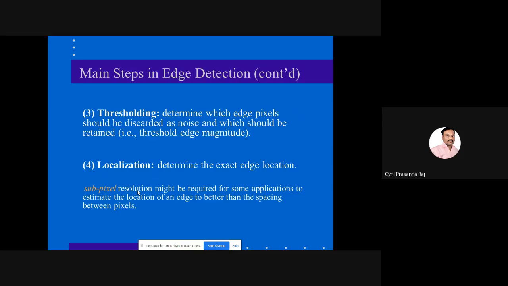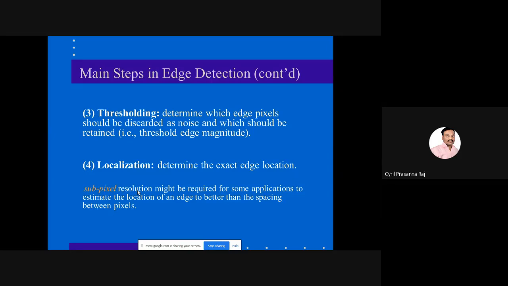retained. Suppose you are able to capture an image, and then you identify that there is a river, there is a bank, there is a lake, there is a road, then there is a drainage. So you have to see how to capture the drainage part, or how to capture the road part of it. So now you have to clearly demarcate between drainage and the road. That is where you have to set certain thresholding and only identify the required object, or what we call a region of interest, and that is also done using the concept of differentiation.